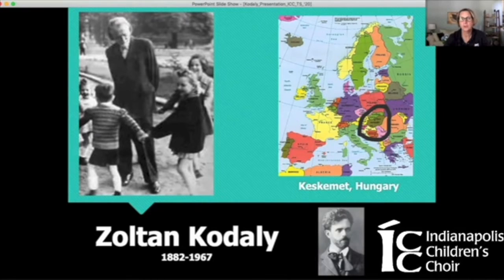First of all, who is Kodály? Where is he from? He was born in Kecskemét, Hungary in 1882, raised in a musical family. A friend of Béla Bartók, with whom he collected Hungarian folk music, making sure that it would be preserved. He was a professor of music theory and became concerned with the musical training, or the lack thereof, in his very own country, which led him on a journey that has impacted the world of music education.